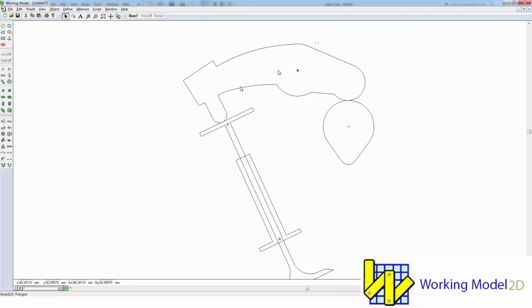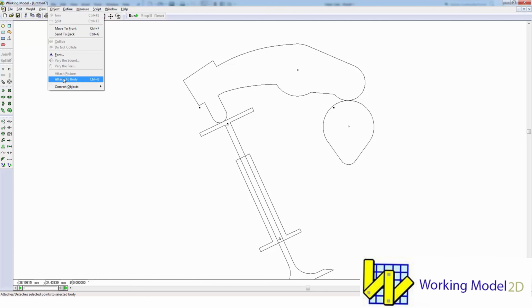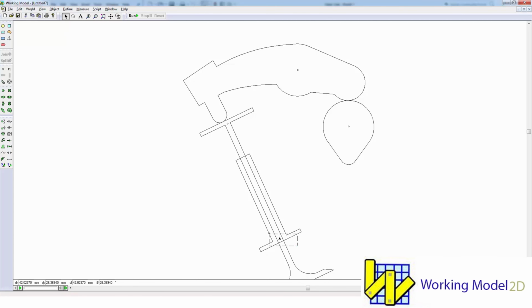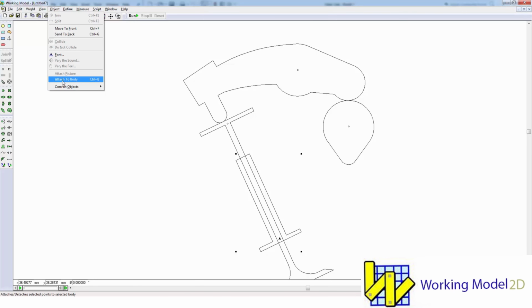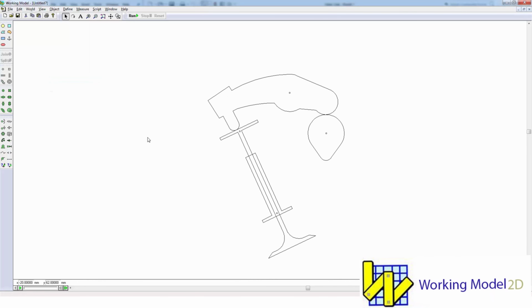Sometimes bodies can be overlaid, or they can be brought forward or sent backward. Similar to what you do in a Word document, you have the ability here to move objects forward and backward. So we have the point, Shift key, select the body, and we'll attach that point to that body. Same for this point here and the valve. And then finally for this point down here and the valve guide. Okay, so those points are attached.